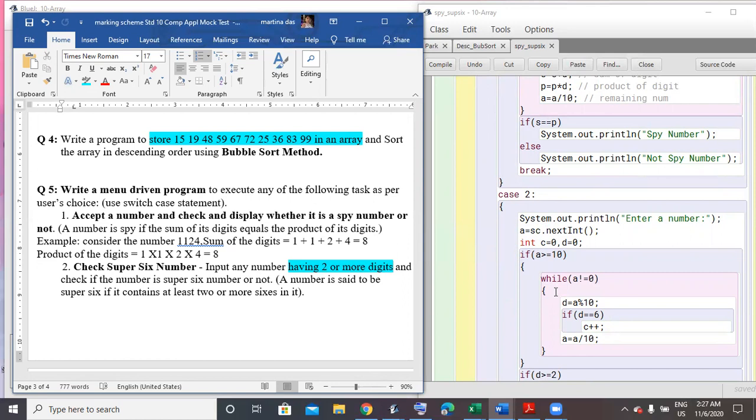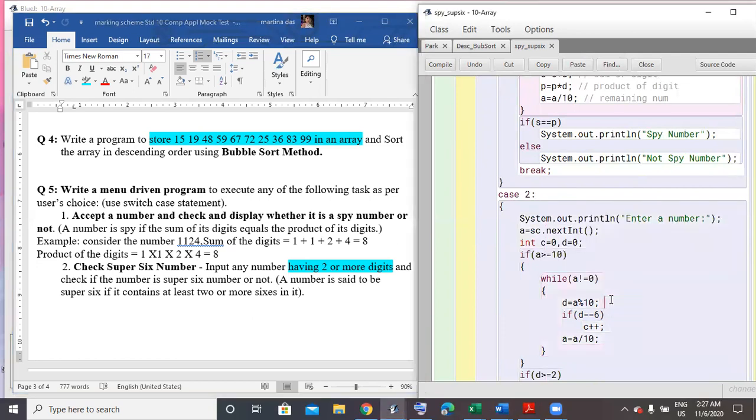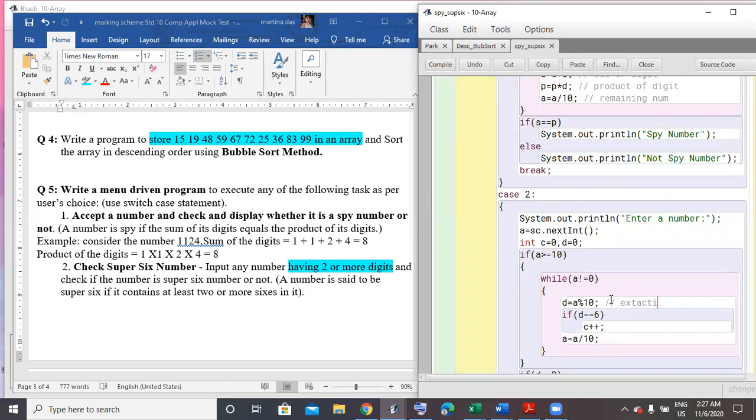How do I check? If it has at least 2 or more sixes. So for that reason, again same thing, I am extracting the digits over here. Then I am checking d equals a mod 10, which stands for extracting the digits. After that, I am comparing if the digit is equal to 6 or not.